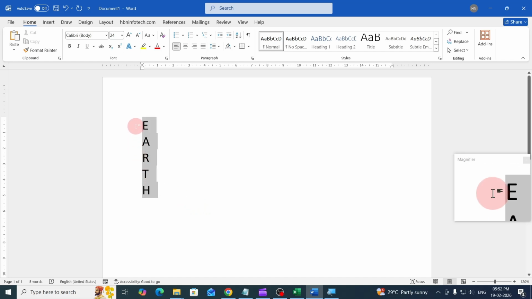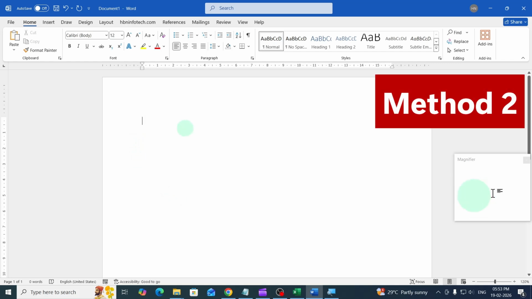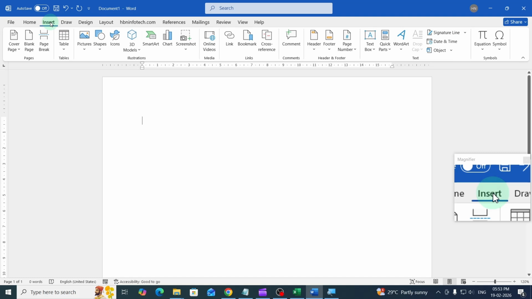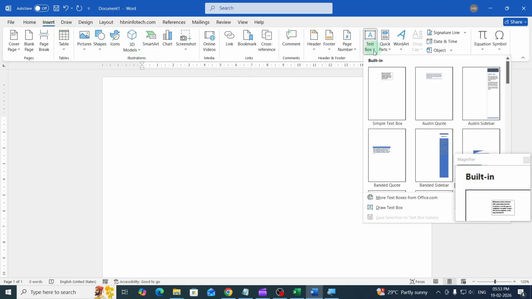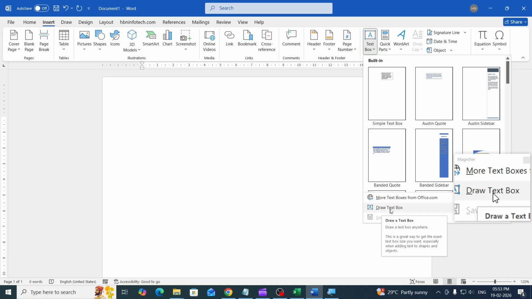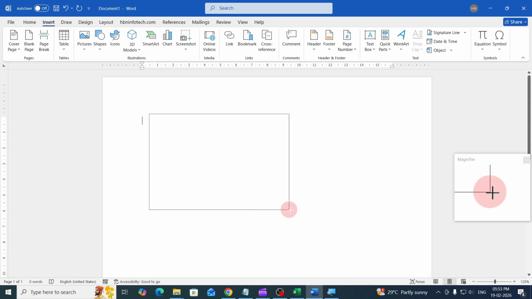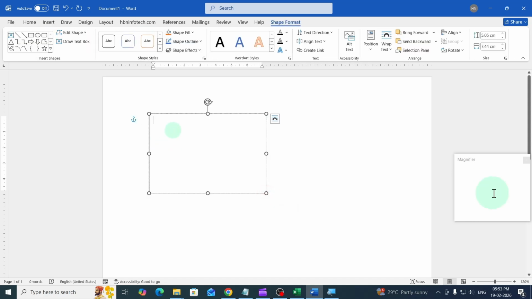The second method is simple. You will need to insert a text box first. So go to the insert, then click on text box and click on draw text box. Now you can draw a text box like this. Now you can type the same text here